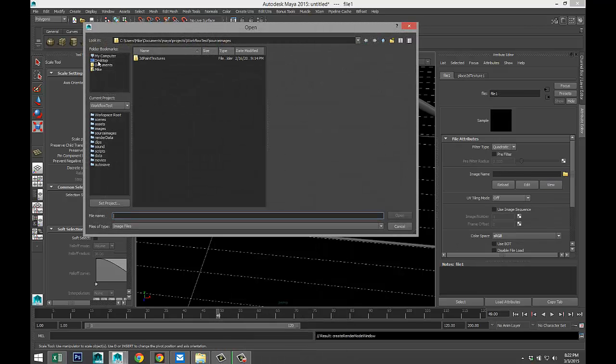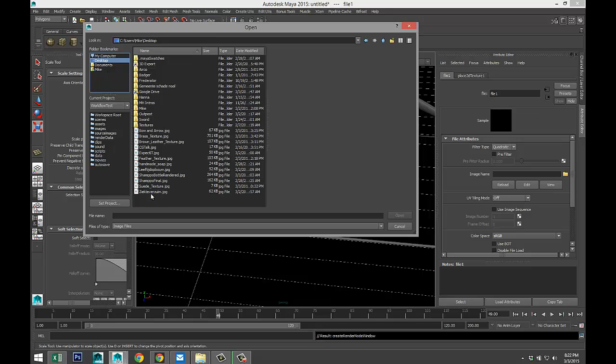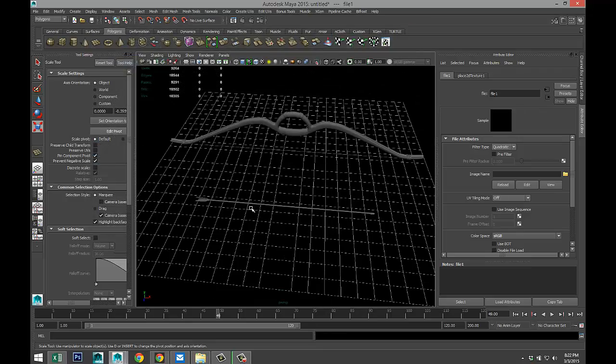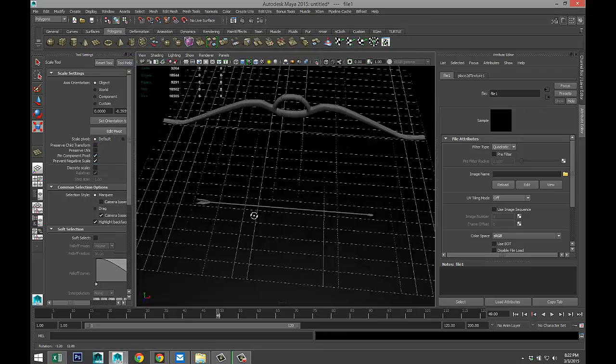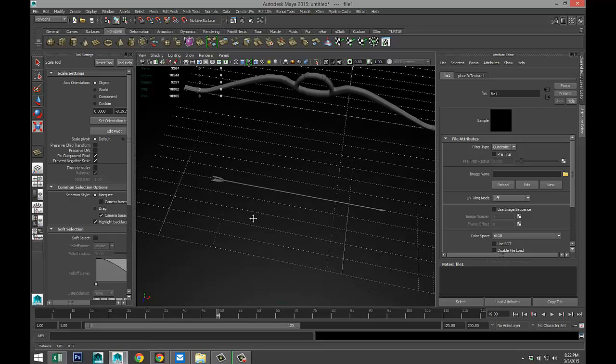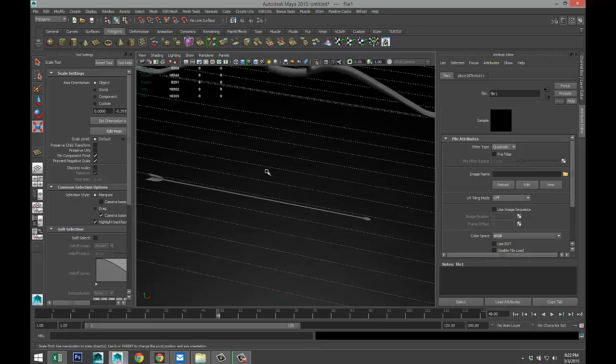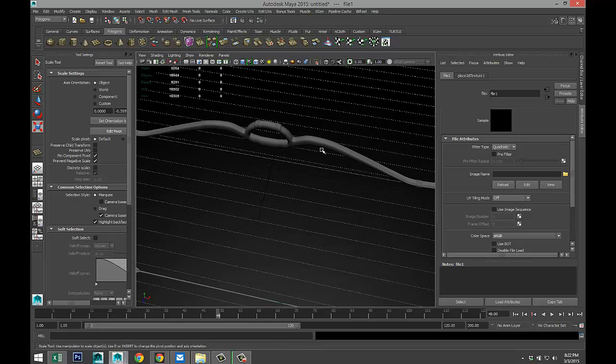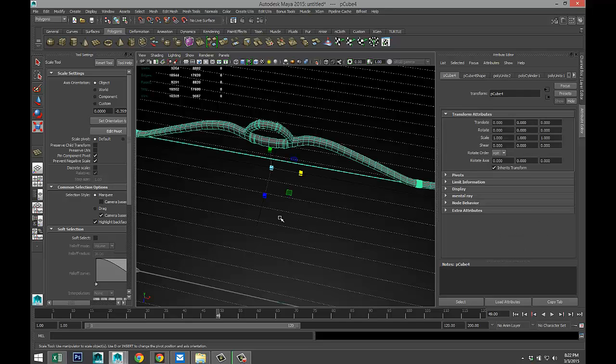Let's just see what I got here. Okay, suede. Nope. So what are we going to do here? Actually, let's go a little bit modern on this. Okay, why not?